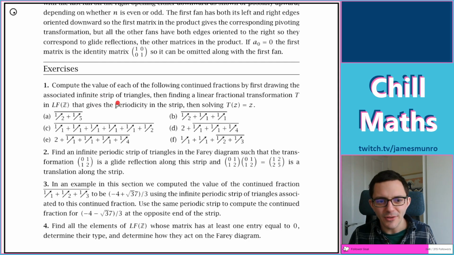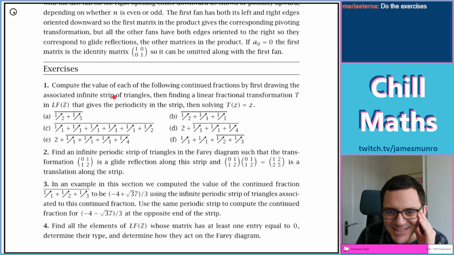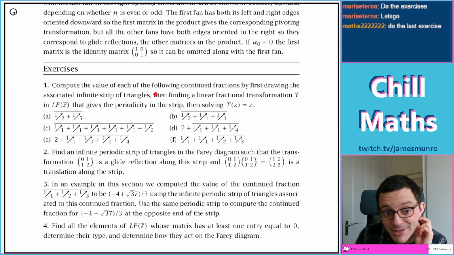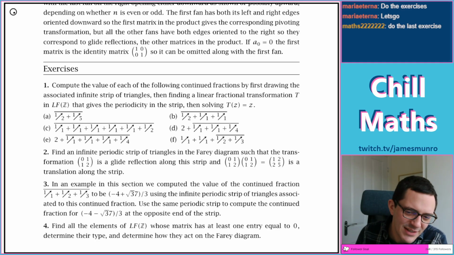First drawing. Oh my goodness, look at these exercises. First draw infinitely many triangles. Then find a transformation that explains what's going on with all your triangles. And then solve T of Z is Z. I kind of get what's going on. My suspicion is that the triangles are not doing a lot for this proof, but